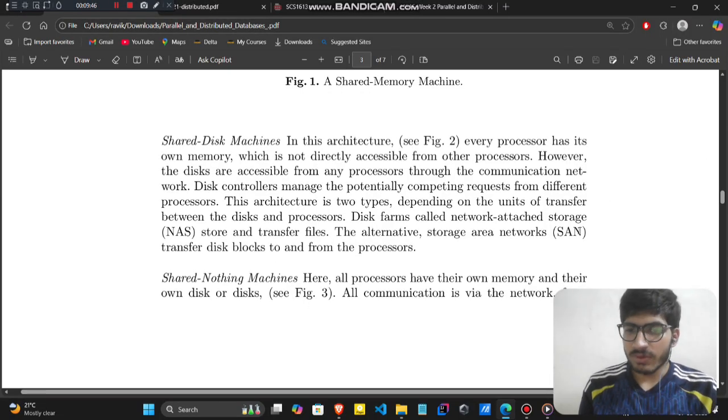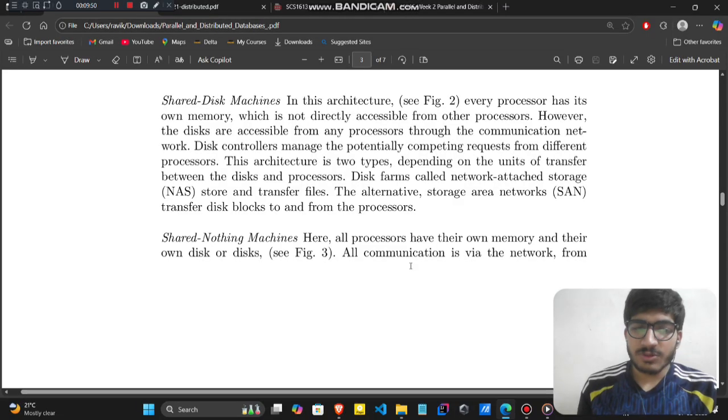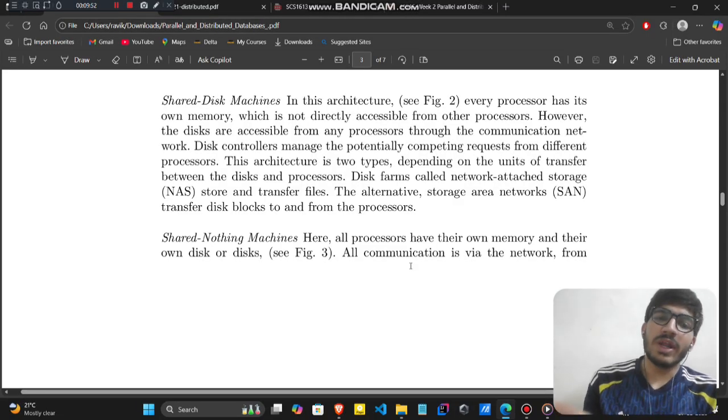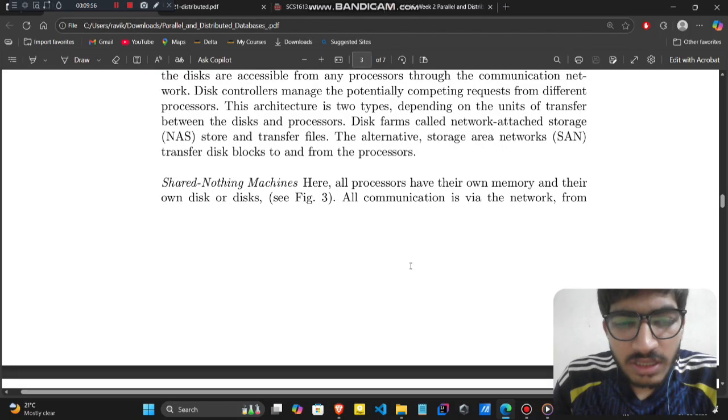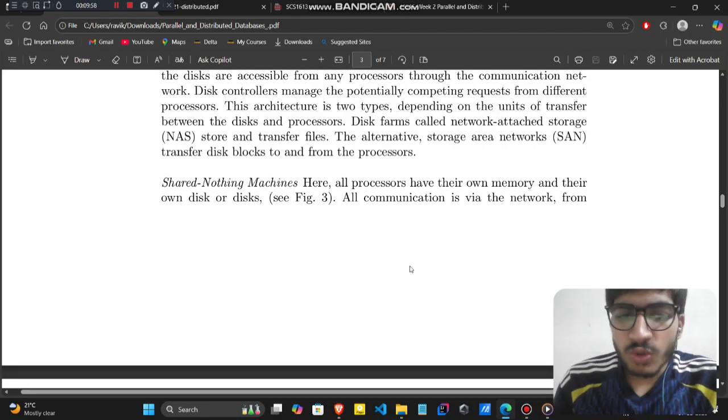Storage area networks, SAN. Okay. It transfers disk blocks to and from the processors. So basically, shared disk architecture has its own memory, but